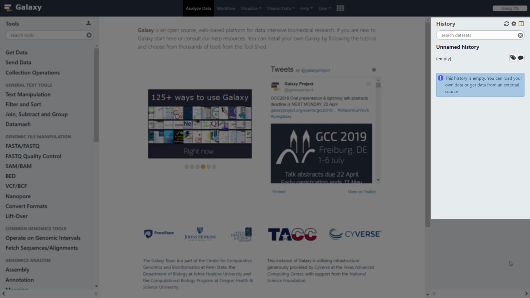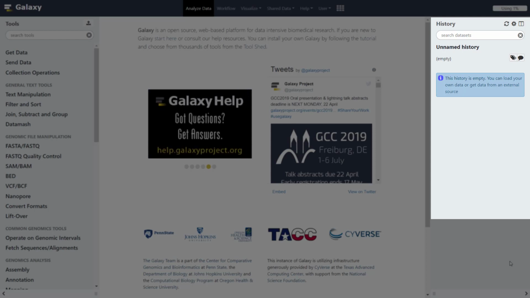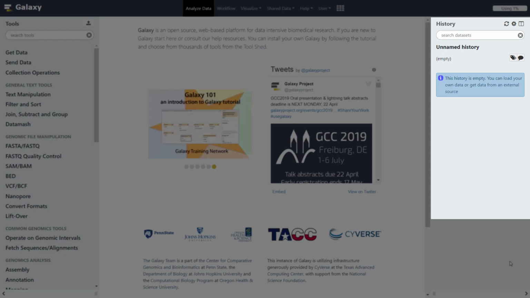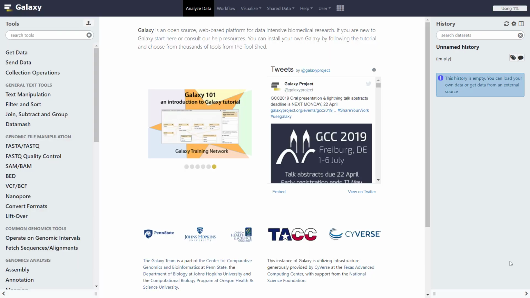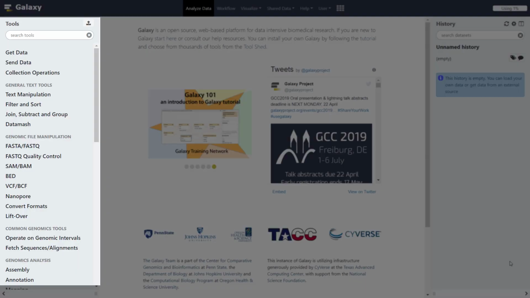When data is uploaded or an analysis is performed on existing data using Galaxy, each output from those steps generates a data set. These data sets and the output data sets from subsequent analyses are all stored by Galaxy in the History panel. The left side of the screen contains a list of programs that are available to perform analyses.